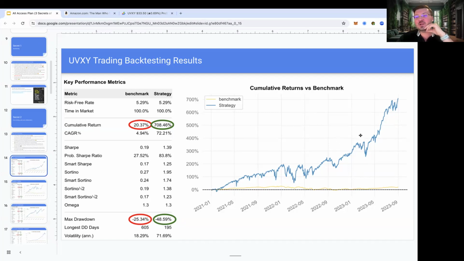So this is over about a 3-year time period, something like that. Okay, and the blue is the strategy itself, and the yellow is the S&P 500. As you can see here, it absolutely smokes the S&P 500. And not only does it smoke it, but even in this bear market, when the S&P was down, this thing was still up and still making money. Okay, over this time period, which is what, 3-ish years, it was up 708%. That compares to the stock market, which is only up 20% over that same time period.